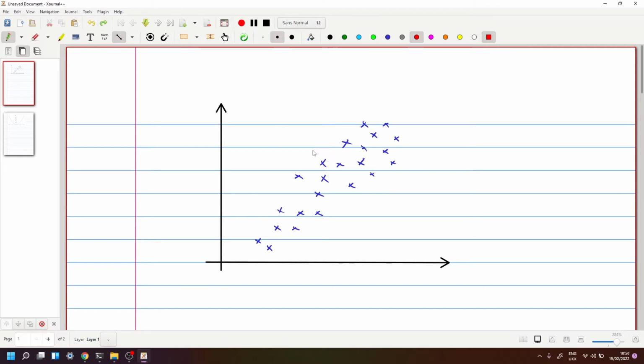So for example, in this fictional data set that I've got here, it's just a data set with one variable and one outcome, which is the y-axis here. We can perhaps say that this data set represents the value of houses in a particular area of your country. So the x-axis could be something like the area of the house, and the y-axis is the actual price of the house. As you can see here, you can almost fit a perfect line that goes right through your data,